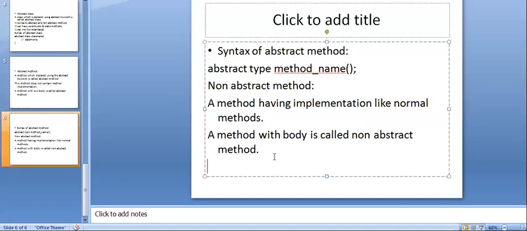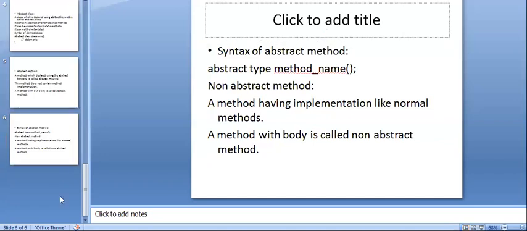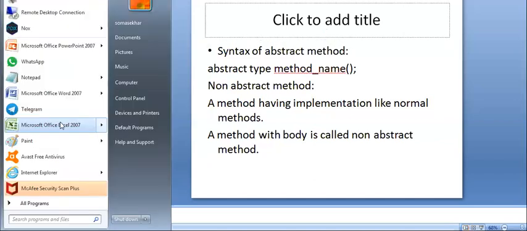That method can be implemented in a class with the help of the extends keyword. The abstract method in the abstract class needs to be extended and its method implementation can be done. So now we can see the small program.